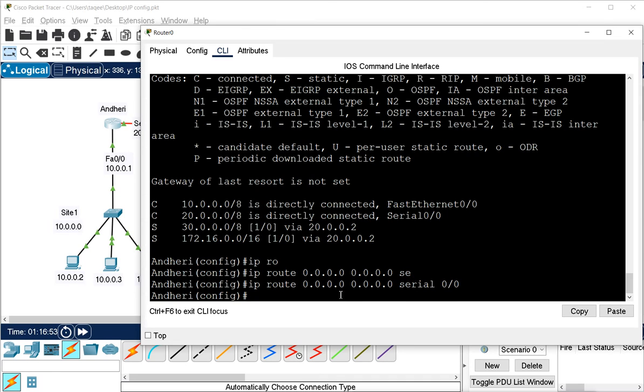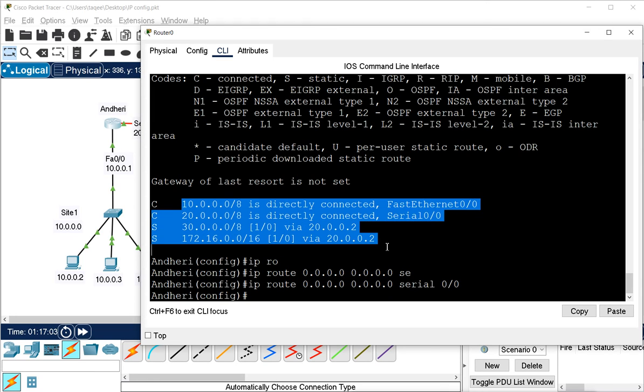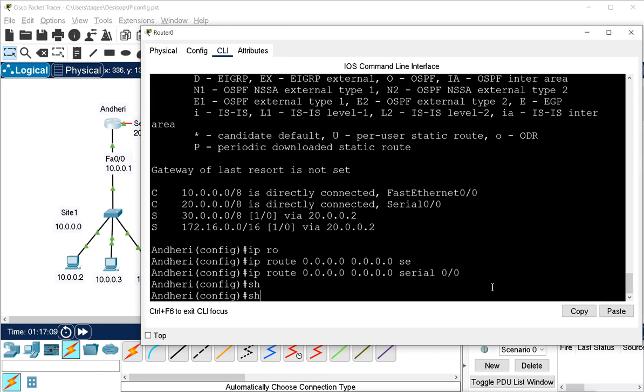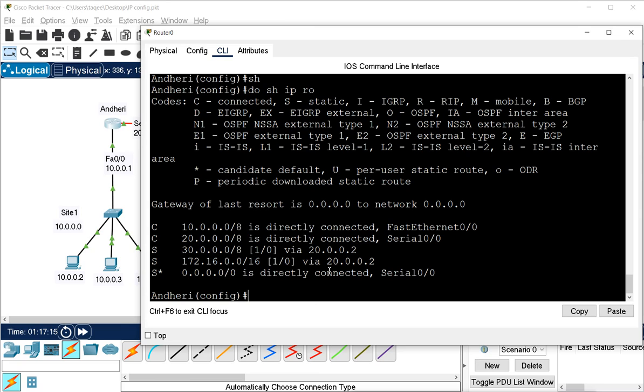Now remember, I have not configured the 192.168.1.0 network. I configured this default network, and in the routing table we don't have that network's information. We added this default network information. Now when I check do show ip route, we can see that this is the default routing network, and it is directly connected to this serial 0/1.